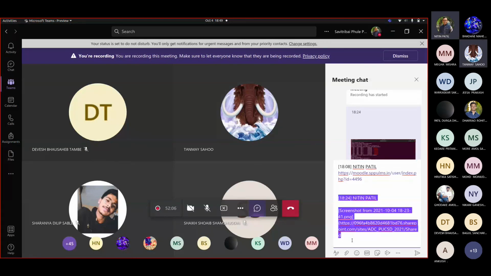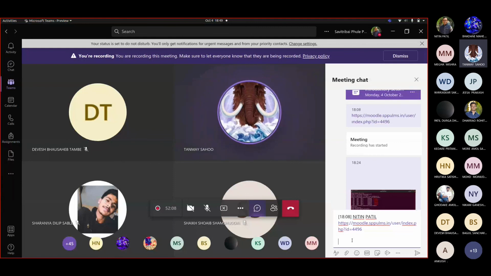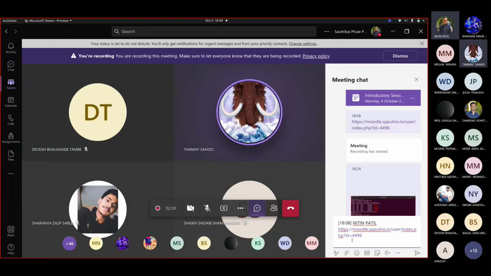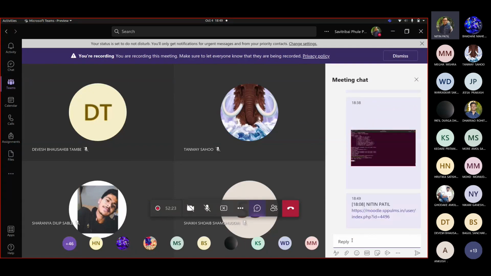Sir, do we have some time to decide whether we want to take an elective or not? Yeah, after 2 weeks we are going to have registration. So right now, if you already made up your mind with respect to the course that you are going to do, you should register on the Moodle site. After 2 weeks, we are going to have a registration process where your electives would be finalized. Okay, sir, thank you. Fine.